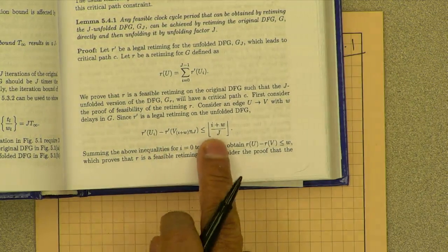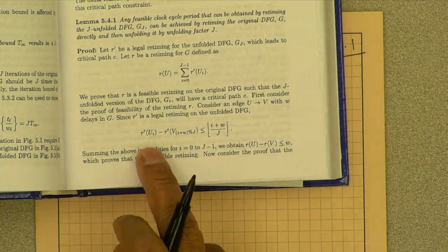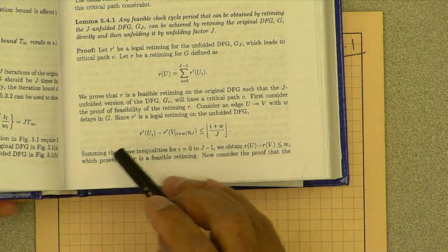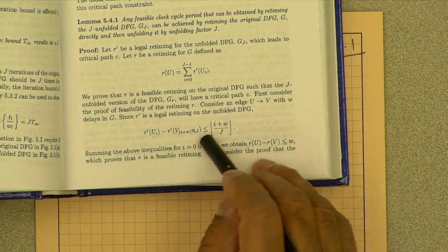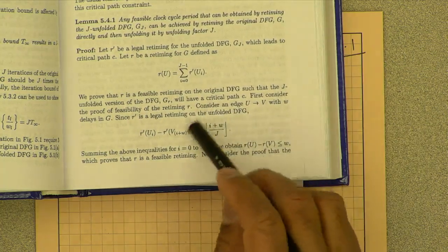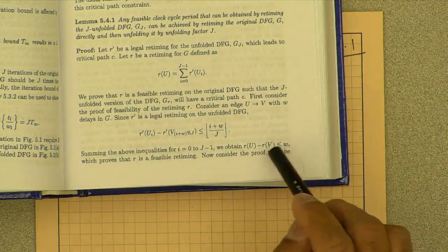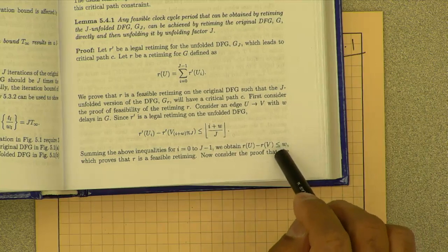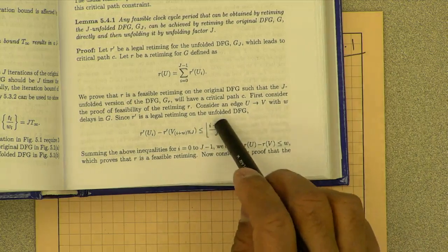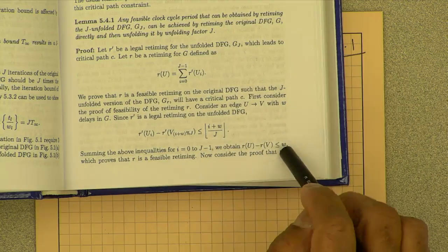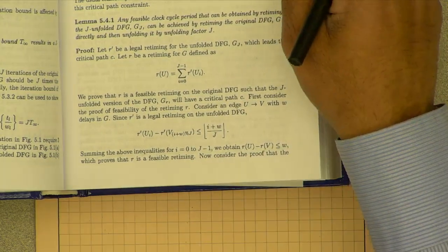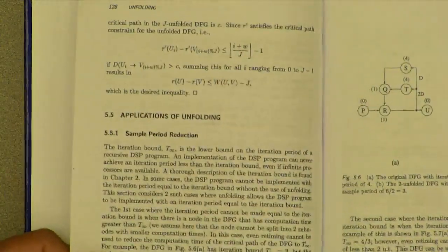Okay, so we are satisfying the two inequalities. For the unfolded program, this is the feasibility constraint, and if we add this over all i, the summed quantity is equal to w. We saw from the property of unfolding that the number of delays after unfolding adds up over all i to w. So that is the constraint for feasibility in the original flow graph.